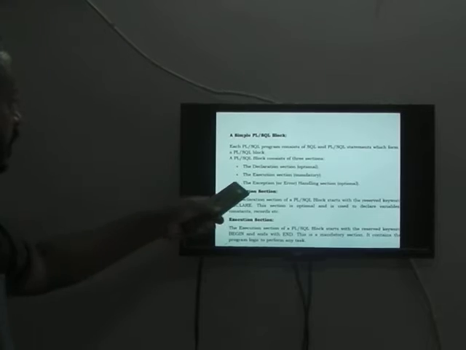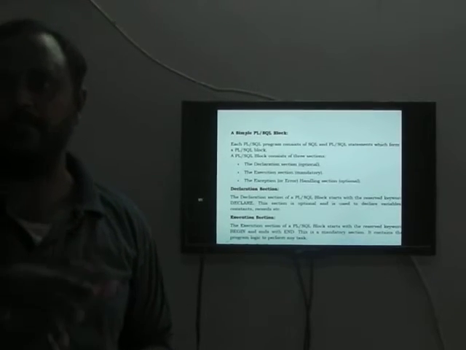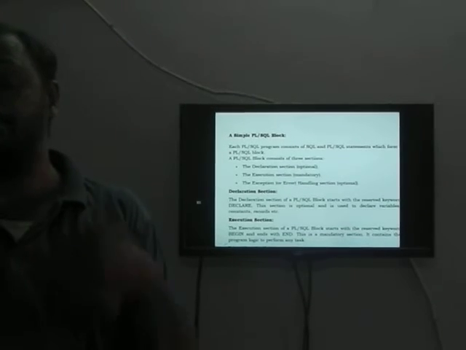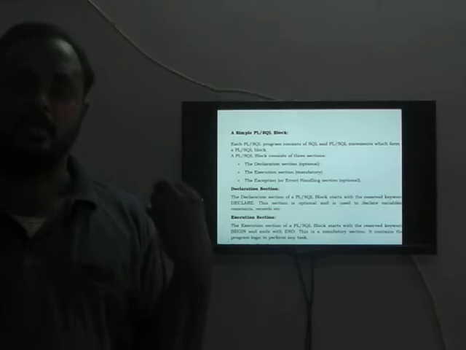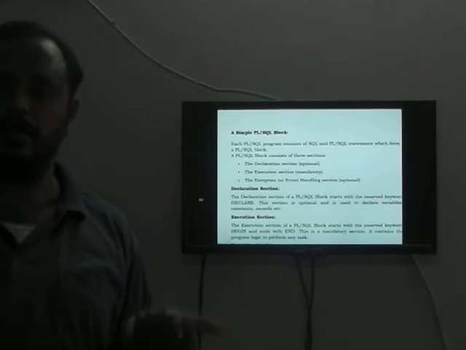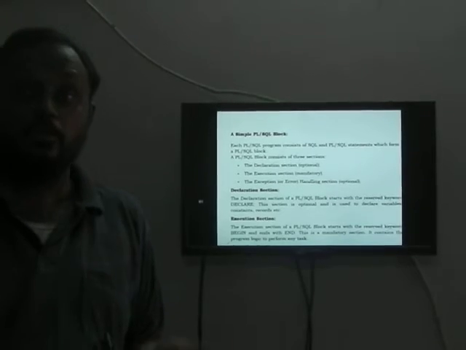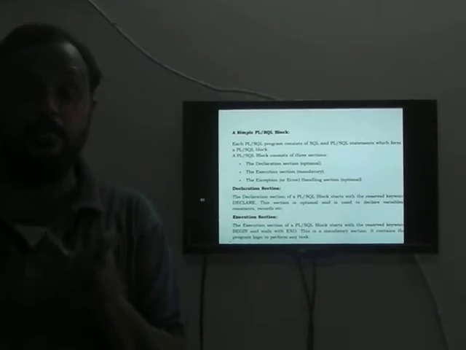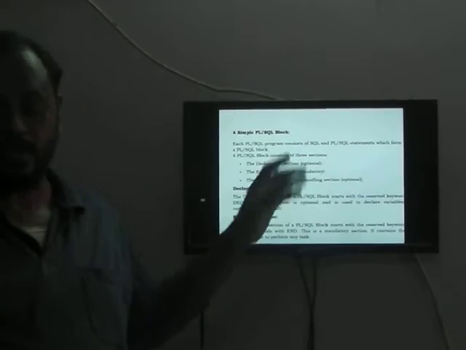Okay? So the third one is the exception section. When do we use the exception section? If you raise an exception, what is an exception? It is a runtime error that causes a condition. The compiler can show only syntactic errors, but the compiler cannot show runtime errors. So when runtime errors are encountered, you need to intimate the exception with exception handling. Okay? Right.